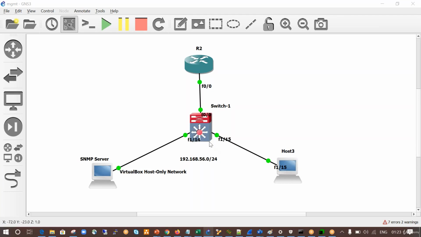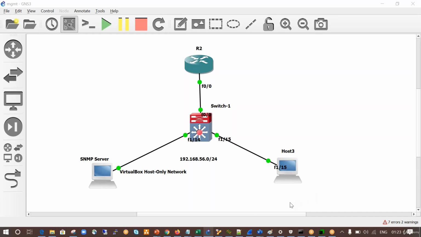Inside VLAN 2, I will show you the configuration for this switch one, which is again a router. Just for the simulation, I have made this a switch. So let me quickly show you the configuration for the switch one interface F1/14 and 1/15, and then the IP addresses of these hosts, so host 3 and switch 1. Obviously this is going to be my SNMP server. So I will pull the information. Okay, let me show you all those things.